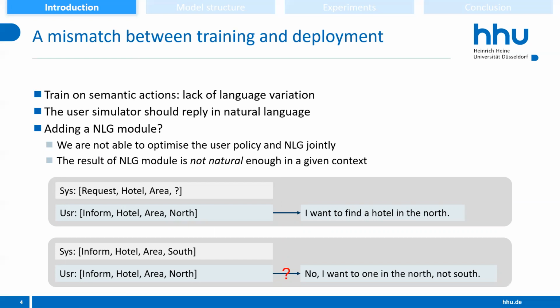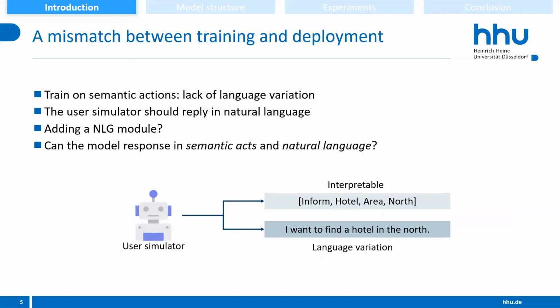For example, when the system requests the hotel area and the user responds inform hotel area north, then the NLG module may be able to transform this semantic act to I want to find a hotel in the north. What about a different context? Like the system provides the wrong area information, inform hotel area south. Then the NLG module may not be able to transform the same semantic act to no, I want one in the north, not south. So the question is, can the user model respond not only in semantic acts, but also